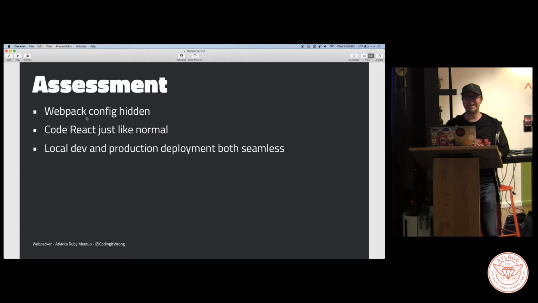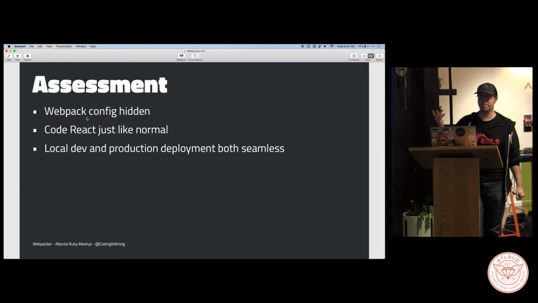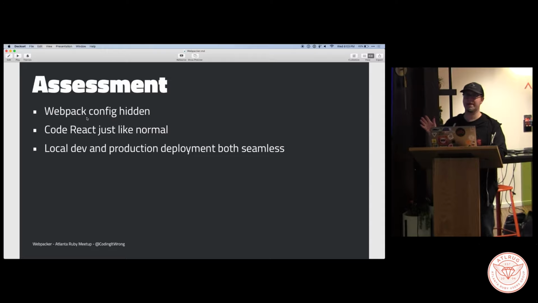Now, you can get to the Webpack config if you find that you need some kind of advanced feature to customize it. But again, generally as Rails developers, we believe that your front-end app also is not a unique, beautiful snowflake. Probably you don't need to rewrite your Webpack config from scratch. Probably you'll be fine. So that definitely played out, and so I would recommend that. I did not find any limitations of any substance in using Webpacker in that way. I was able to code React exactly like normal, where the code was all the same, with all the same